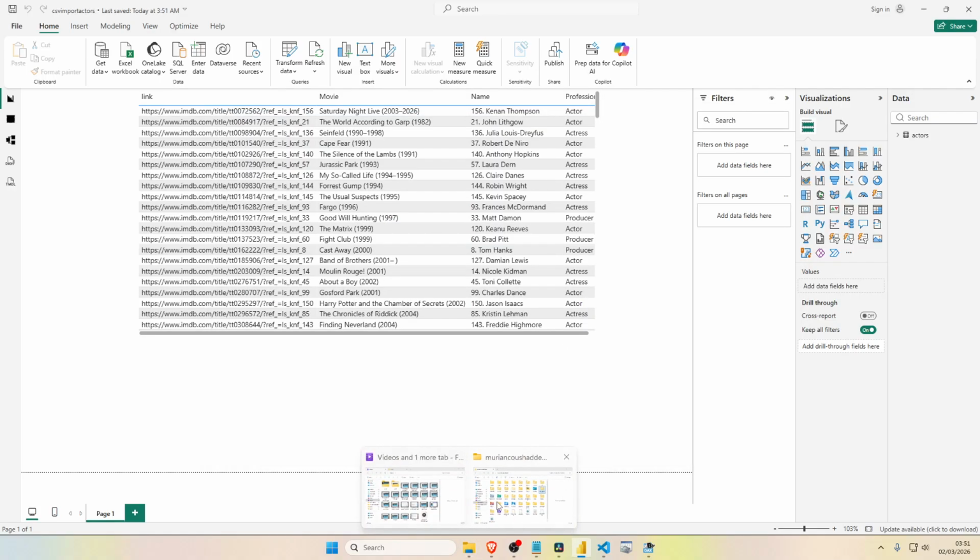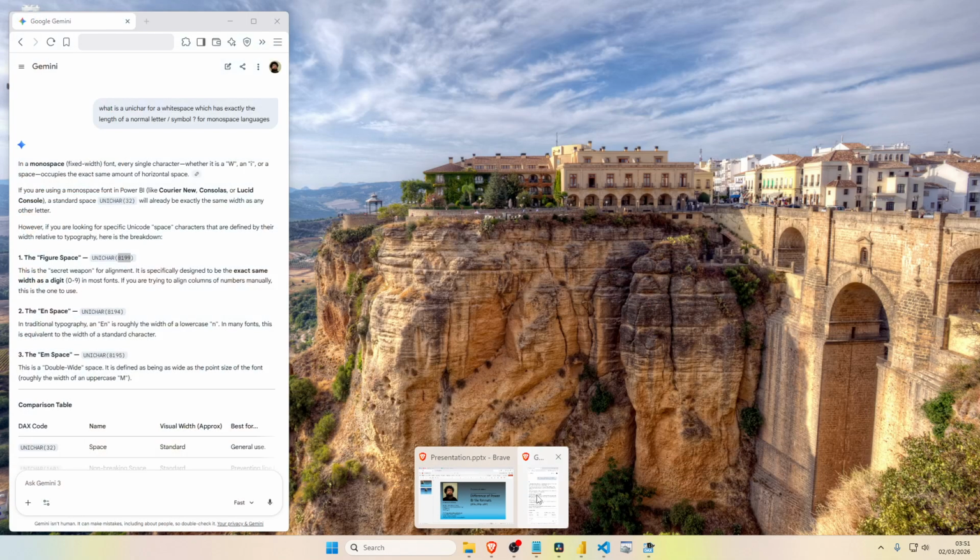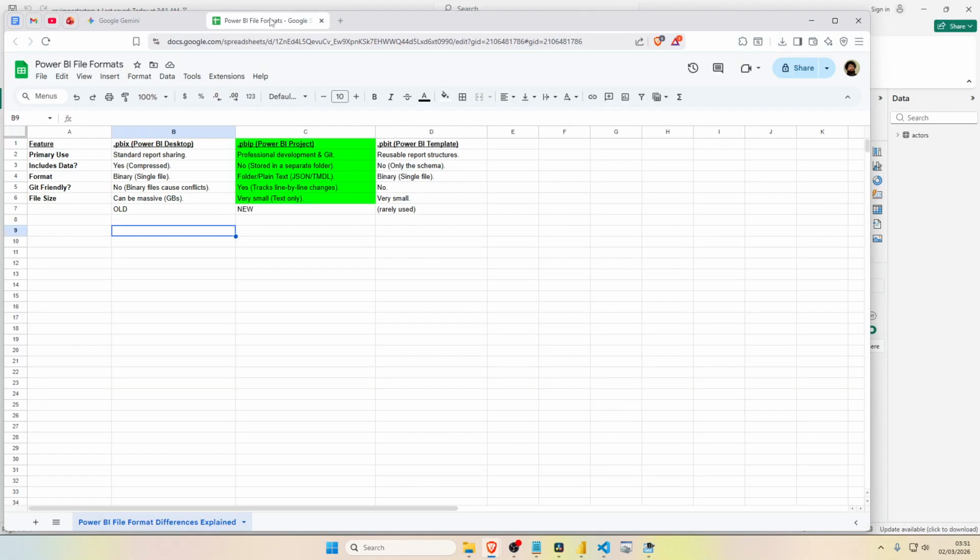So you would use pbip, because pbip has the Git integration, and you can also take a look at this one here. We have the Power BI Desktop file, pbix. It contains the data, yes, but it's a standard. It's not Git friendly, so we have to say it's red there,